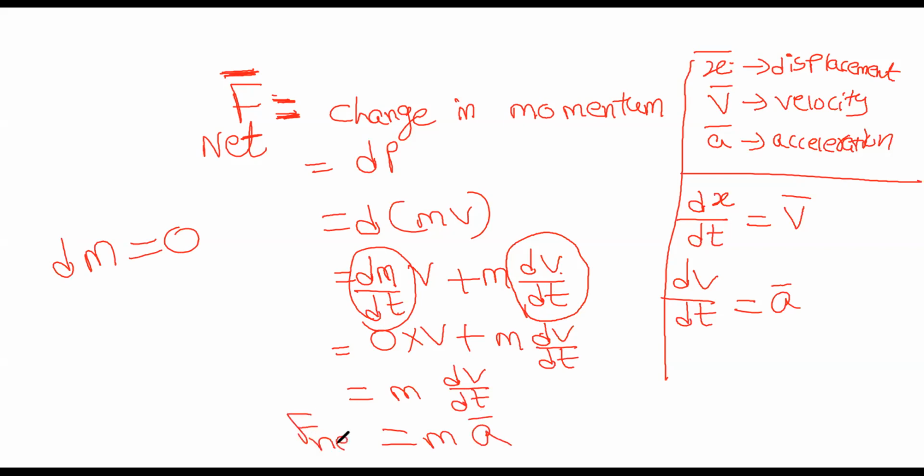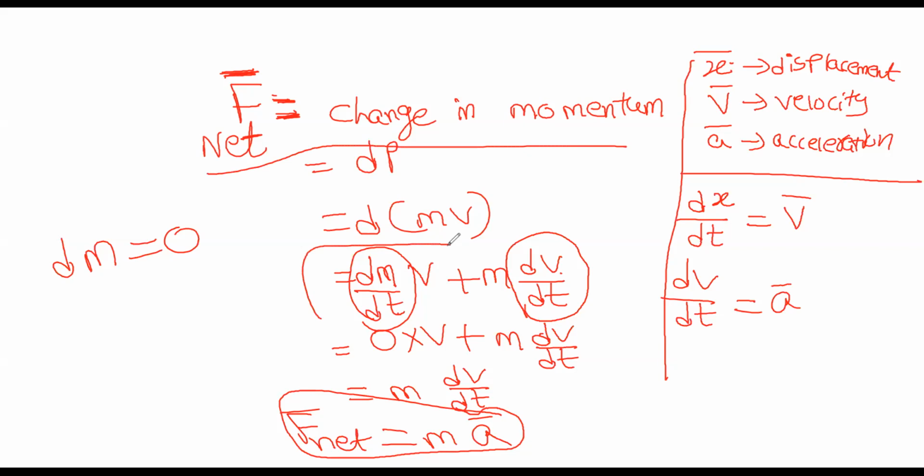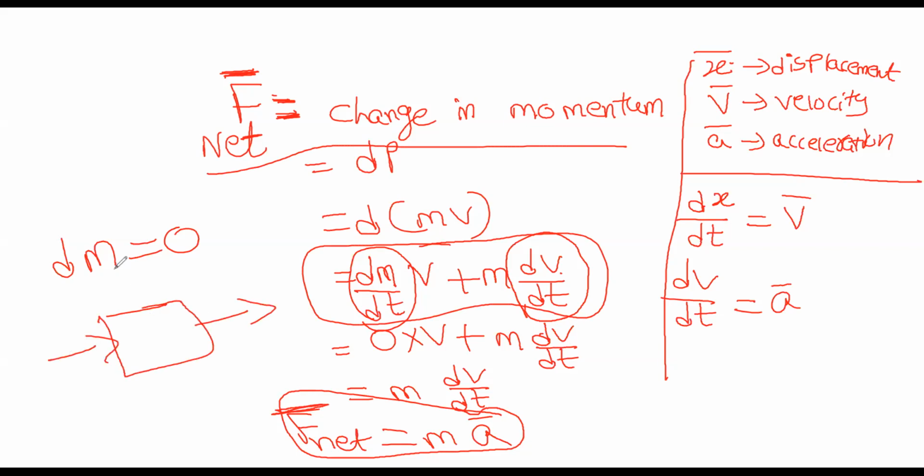So the net force, we are taking this as a generalized statement. In general, we can take it, but in the question when they mention the mass is also changing with respect to time, then you have to apply the initial formula. Means this one you have to apply. So this is F net, means the total of all forces. There can be any number of forces applied to this. The net force is equal to mass into acceleration.